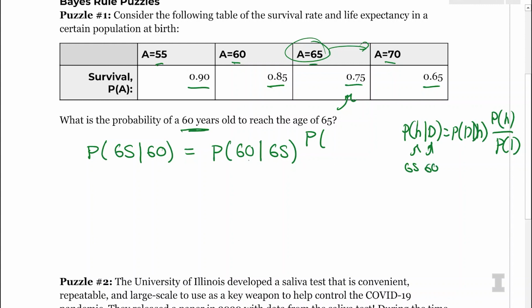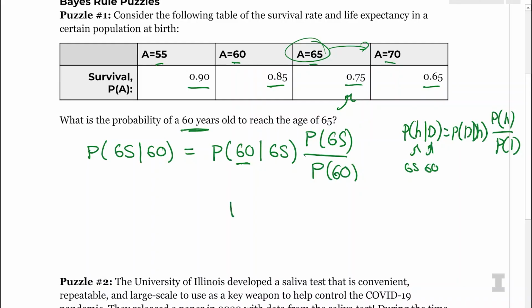So I simply wrote out Bayes' rule, applying it to this particular problem. What is the probability that you were 60 years old given that you were 65? I guess that has to be 100%, because if you are 65, at one point you had to be 60. Yeah, what is the probability you had your 60th birthday given you're at your 65th birthday? That is 100%, so that's just a 1. You're guaranteed to have had your 60th birthday if you've just turned 65.